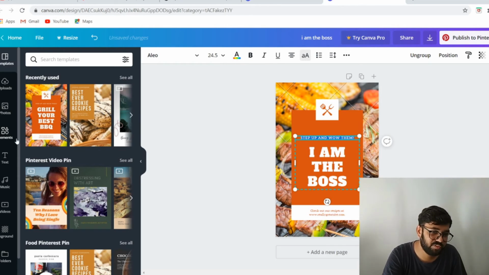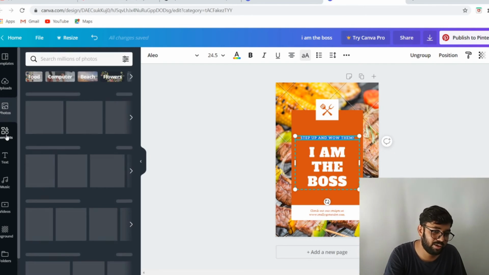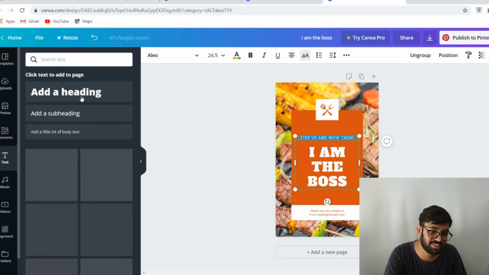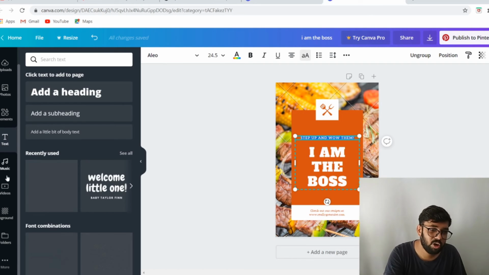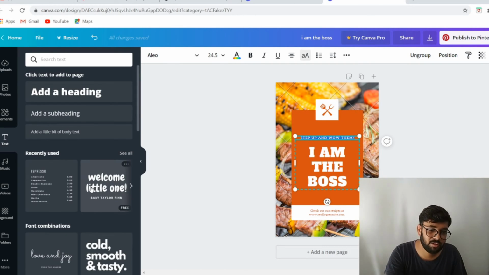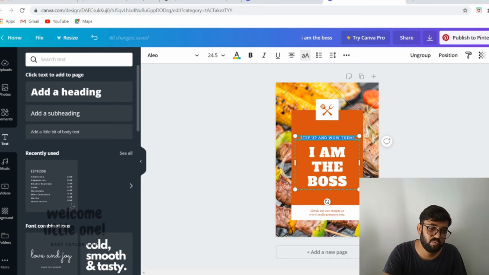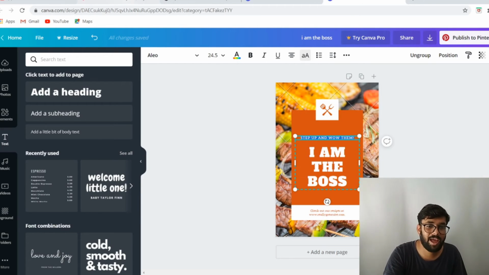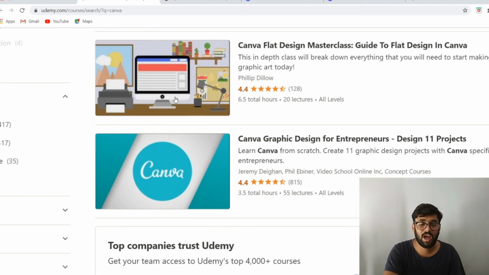color and all this stuff over here. You can add some elements, upload some photos, and all this stuff. And if you want to add some extra text, you can do it from here. All you need to do is just drag and drop. Okay, whatever you want to do, just drag and drop, and you can just teach people how to use Canva,